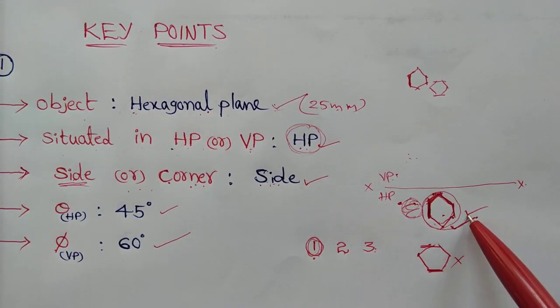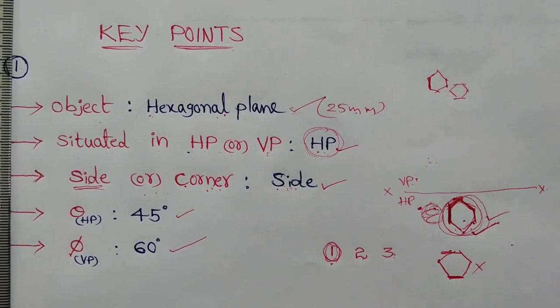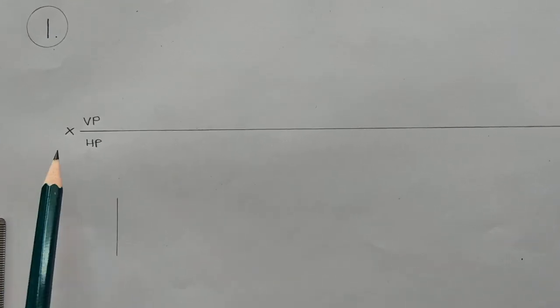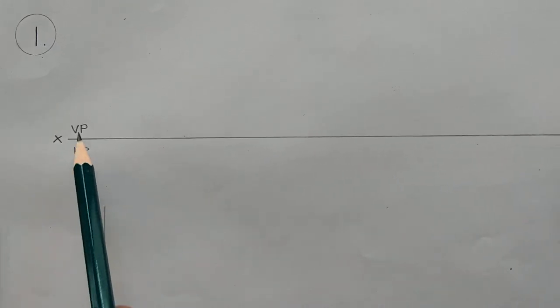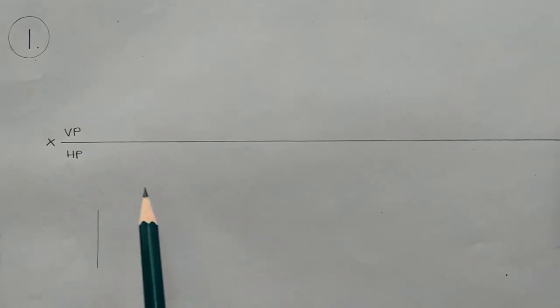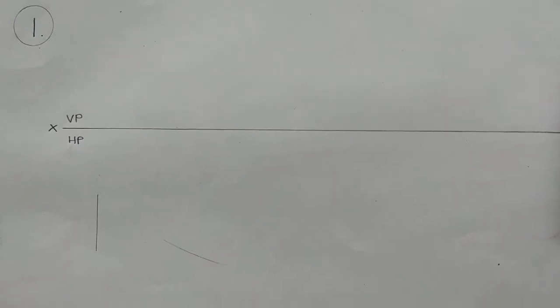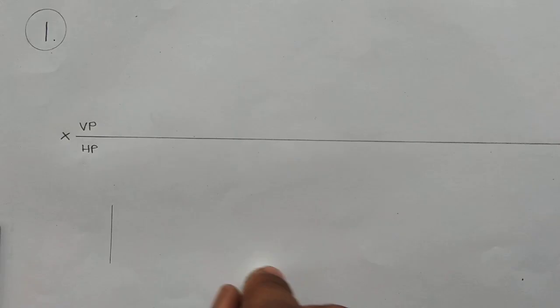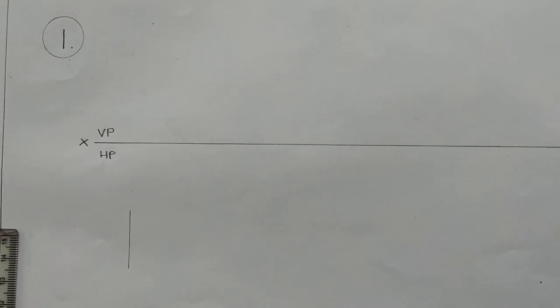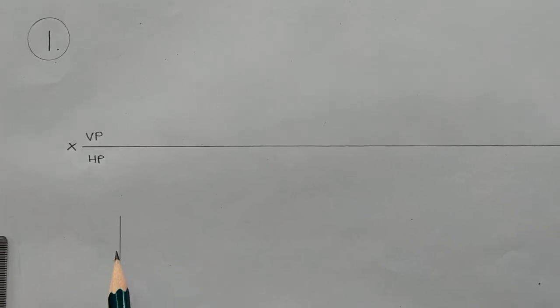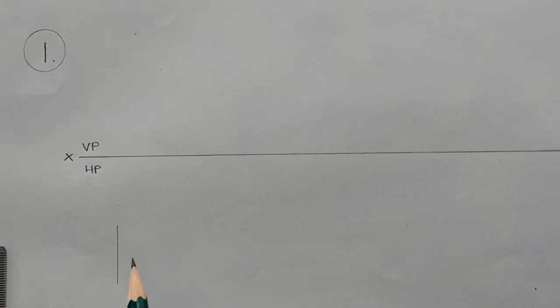Remember this one, we are going to construct this one below the reference line. So in the projections of this particular hexagonal plane, initially we should construct the reference line. Above the reference line portion is the vertical plane. Similarly below the reference line portion is the horizontal plane. So next, according to the given conditions, initially we should keep one of the edges of the horizontal plane perpendicular to the reference line in this way. Based on this particular side we can construct the hexagon.